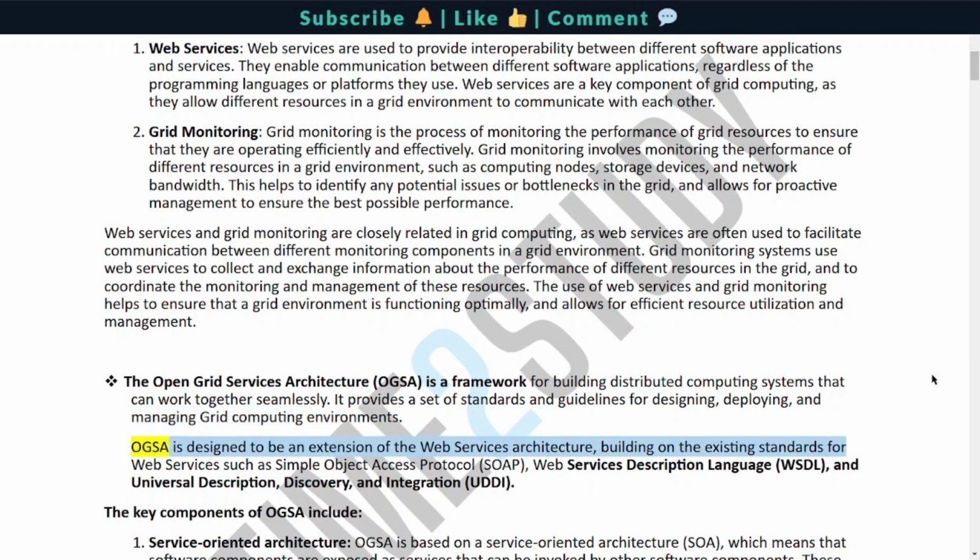OGSA is designed to be an extension of the web services architecture, building on the existing standards for web services such as Simple Object Access Protocol, SOAP, Web Services Description Language, WSDL, and Universal Description, Discovery, and Integration, UDDI. The key components of OGSA include